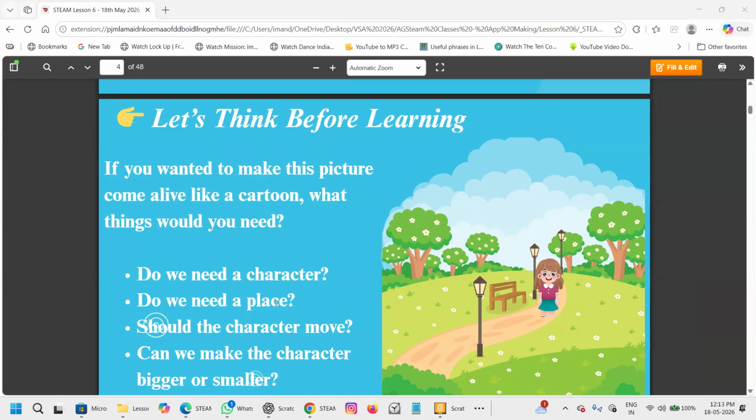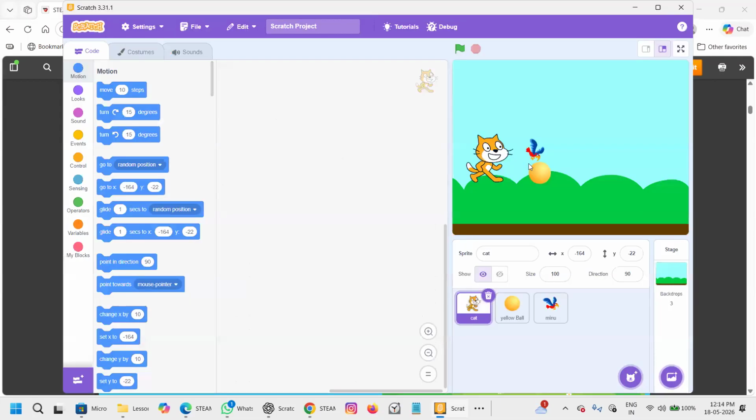We need a place. Now, do you want the character to move? Yes or no? Or you want the character to stand like that in one place? Yes. Now, shall we see how to move the character? Let us move. Oh, yes, everybody is ready to see that, huh? Okay. So we want to move the character.